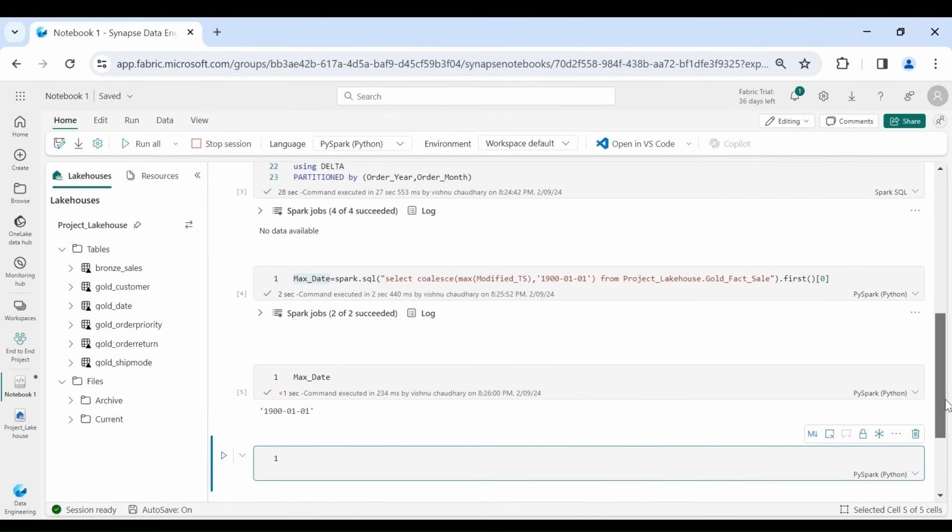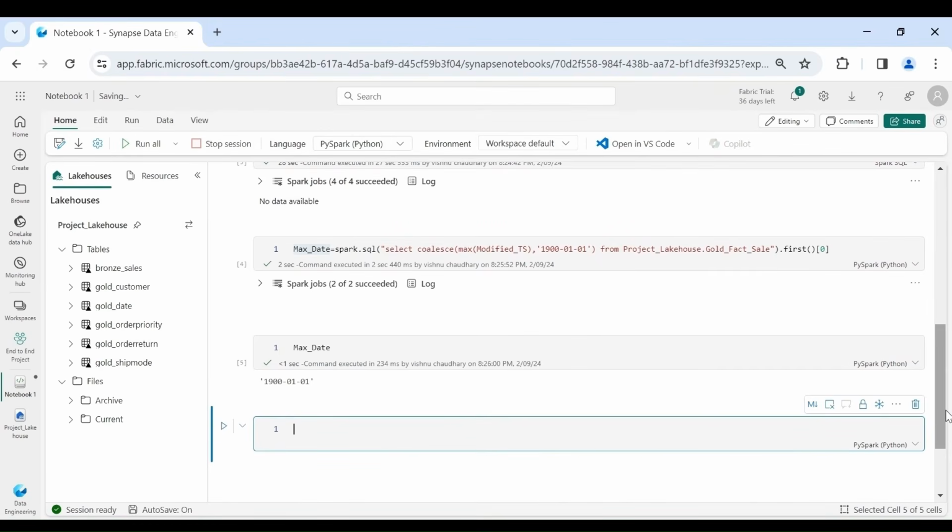You can see it's giving 1st of January 1900. Why? Because now we don't have any data in our Excel table. Now we will pick the required columns from our bronze sale table and from dimension tables by joining based on